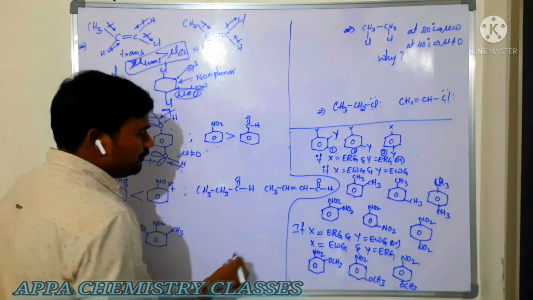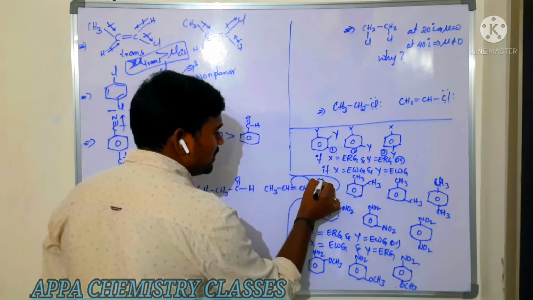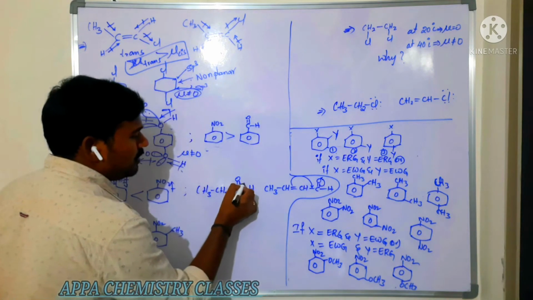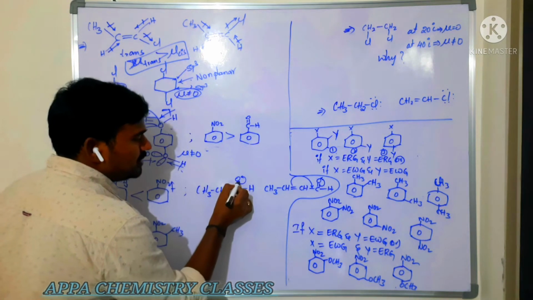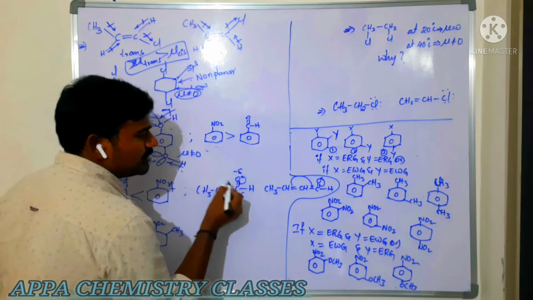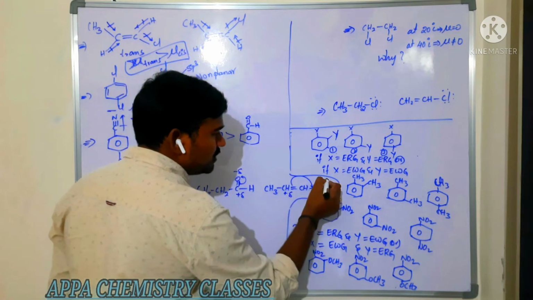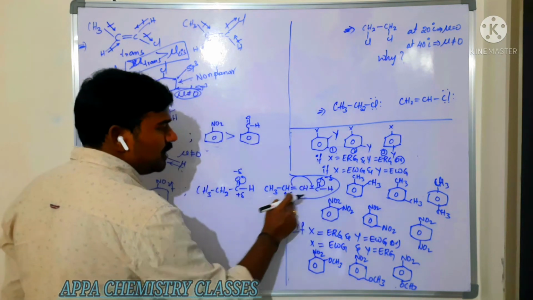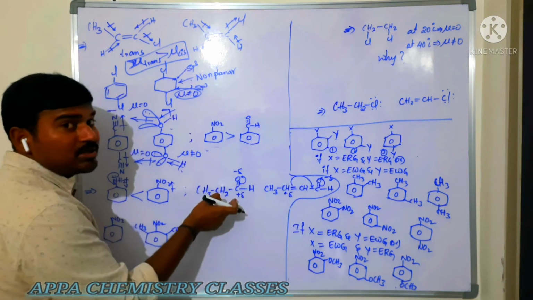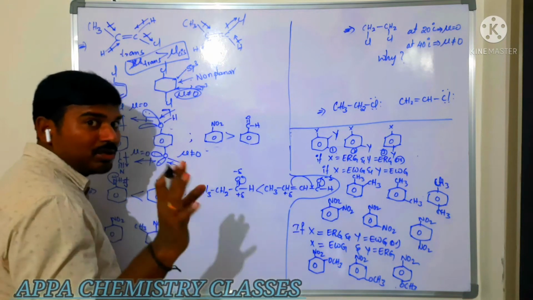Now in this case what happens? The pi bond electrons are shifted here and this negative charge will be shifted there. But whereas here, only the distance between the positive and the negative pole will be very less. Whereas here you get a partial positive charge here, and here we are getting a negative charge. The distance is more here, whereas here the distance between the charged species is less. So this one has less dipole moment than that one. Is that clear?